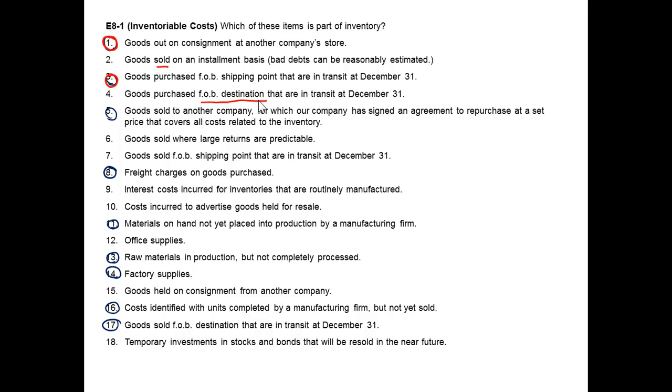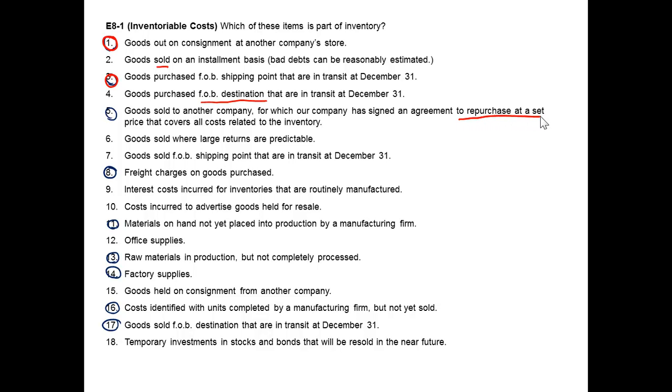we do not include those in our inventory until they reach us, the destination. And at that time, then the title to the goods will pass, and then, and only then, will they be included in inventory. Number 5, goods are sold to another company, but for which our company has signed an agreement